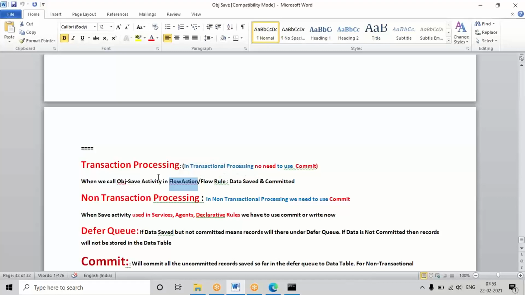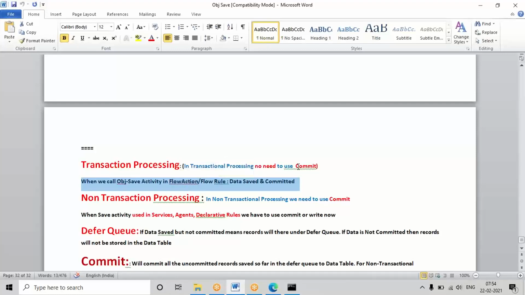But why is commit applied in this process? Because in every flow we call the flow action in the assignment connector. If you call the flow action in the assignment connector, in every flow shape commit is there by default. Internally the new harness will be there. What is a new harness and all, I'll tell you. The new harness will automatically perform the commit operation in the backend. So if you call your activity in the flow action, commit is applied automatically.